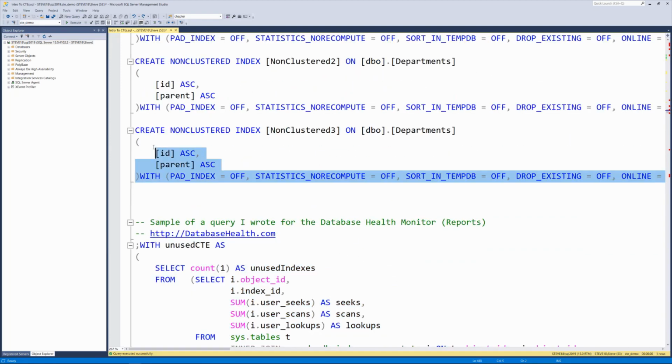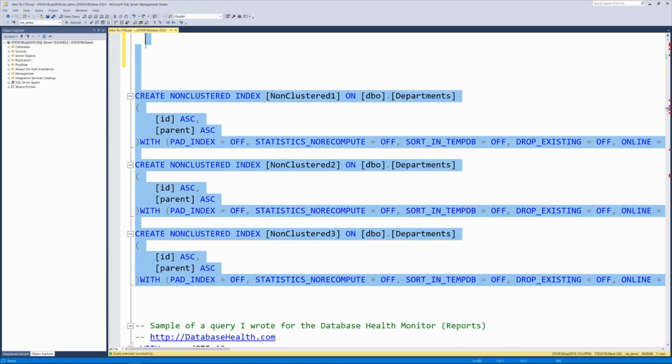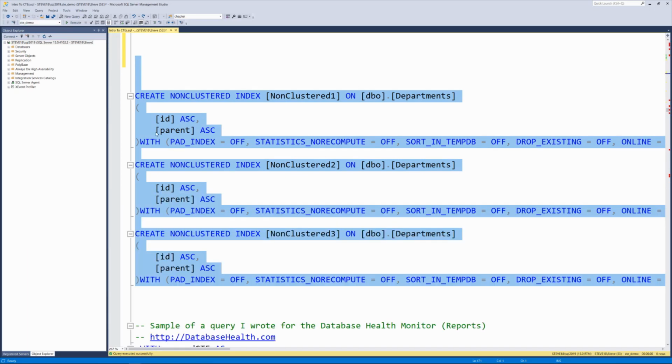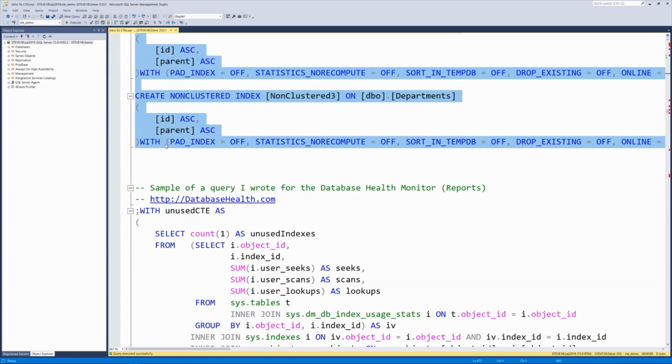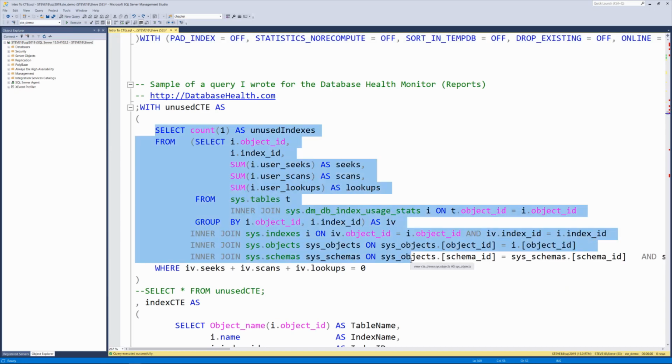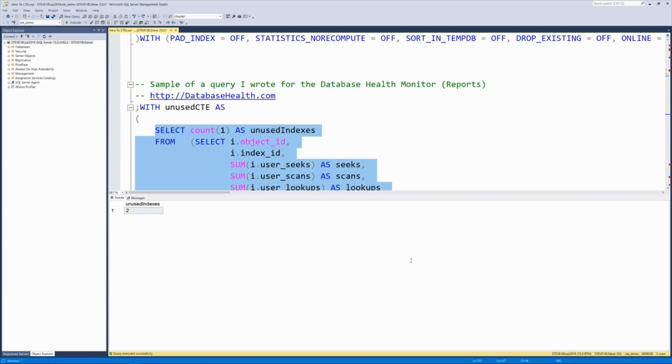So this is this little test database. So what I'm going to do is I'm going to create 3 indexes here so it'll show up in the list on the table departments. And it's kind of bad practice to create 3 indexes that have the exact same column definitions, but it's for an example, so we'll just go with it. And what we're going to do is say select from all the unused indexes, and it shows that there's 2